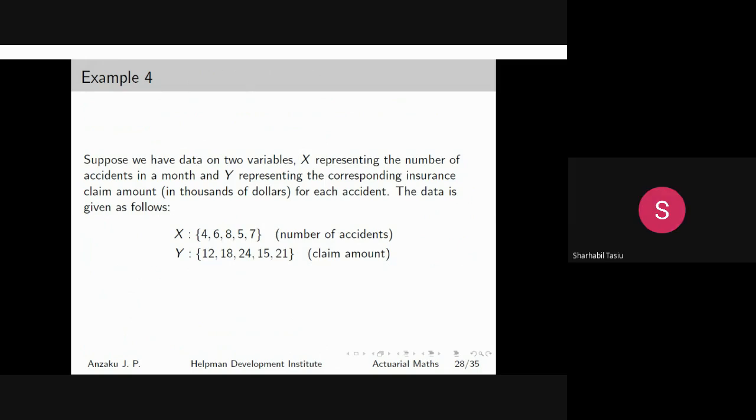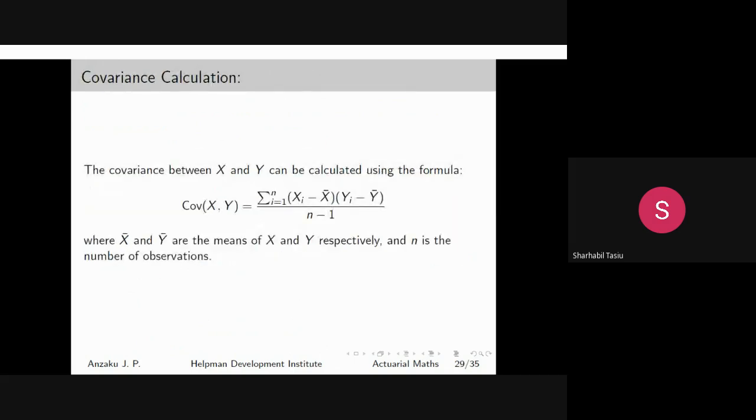So we have this with the corresponding pairs. The other one, we look at number of claims and the corresponding claim amount. Here we're looking at the number of accidents and the corresponding claim amounts as an ordered pair. So calculating the covariance using the same formula, covariance of x, y is equal to the deviations from the mean. So doing that, we calculate our mean